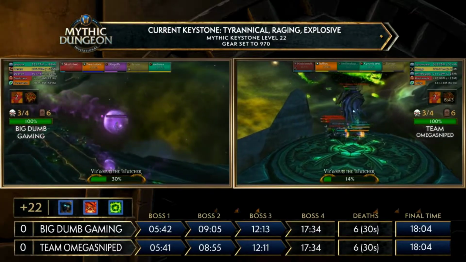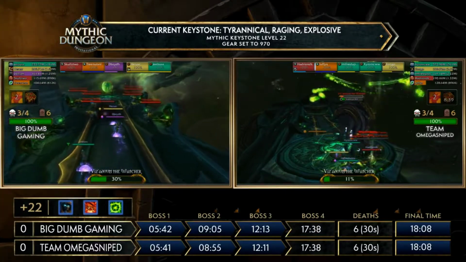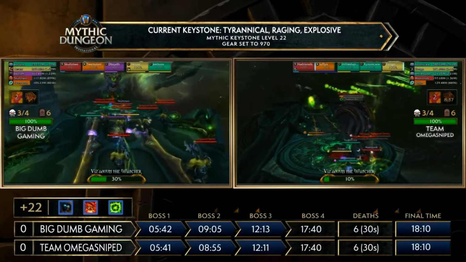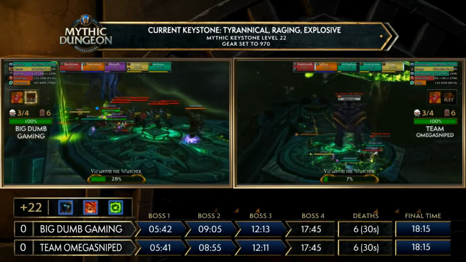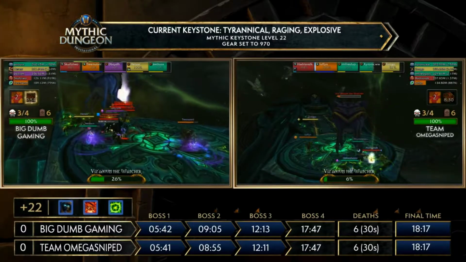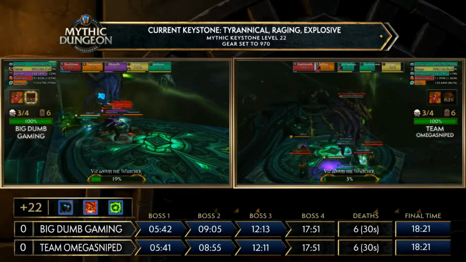The rogue on the side of Big Dumb Gaming is going to be one of the most vulnerable targets. He does not have his cheat death, but 10% away is Team Omegasniped from closing out this game. We see Luffy get chunked for just a second. Going to be able to bring himself back up, and it looks like Team Omegasniped's going to be able to do it, Ted. Yeah, I mean, just waiting for BDG to pop that Bloodlust at the last platform was just